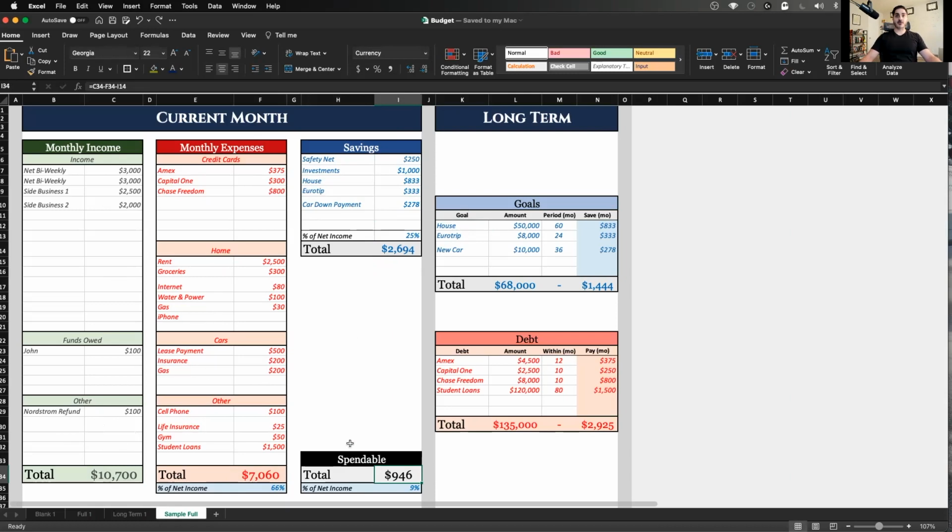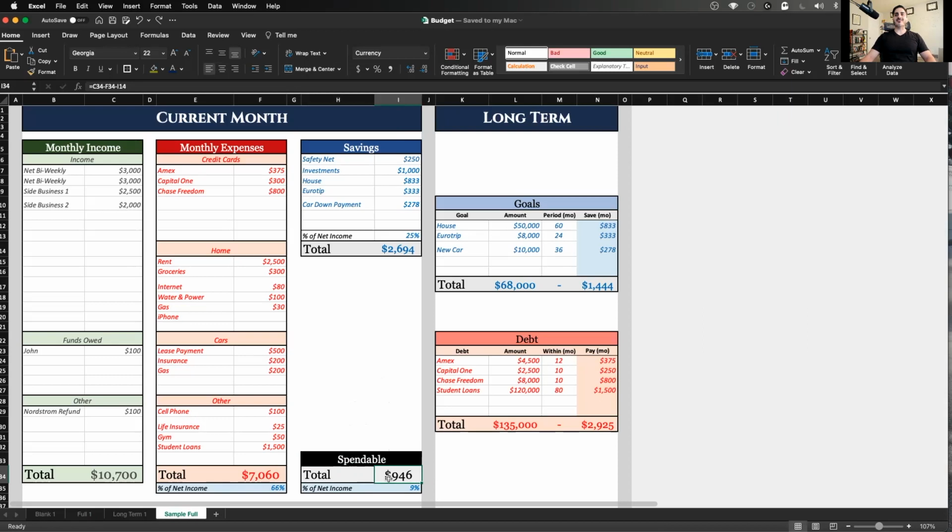The spendable amount, I like to think of, okay, $946 I can spend this month. I'm going out, movies, maybe the pair of shoes, whatever it might be, right? So that's where the key is, being able to understand yourself and your spending habits and take into consideration the spendable amount when you know, for example, okay, I know my average spending on entertainment is about $500 a month, right?